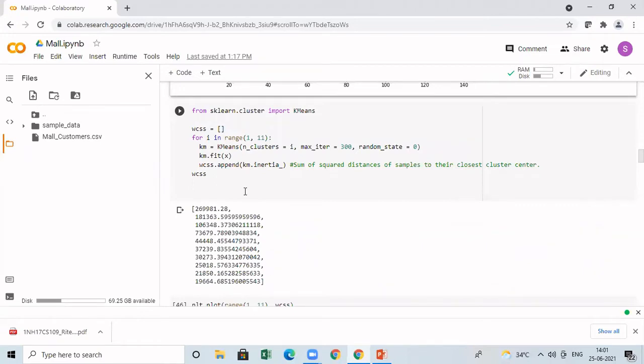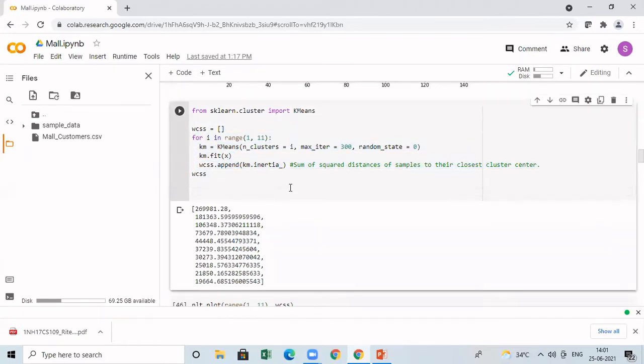So that method is based upon WCSS. We have already seen that. That is nothing but for every cluster, you are going to consider the centroid of the cluster and you will consider all the points within the cluster. Then you will find what is the distance of that point with respect to the centroid. You will square it, then you will sum all the points. Okay, so this is called as WCSS. We have already seen this. So now we are going to first identify the optimal number of clusters. So for that, I am going to use this WCSS.